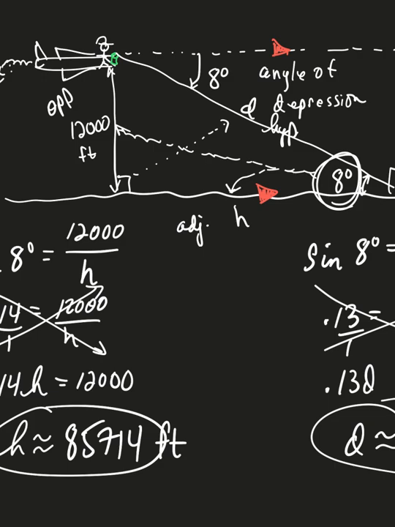All right, so that's the idea of being able to find missing pieces of triangles when we know an angle. So it's trig, it's sines and cosines and tangents that help you connect angles of a triangle to sides of a triangle, instead of just working with angles only or sides only. Trig allows us to